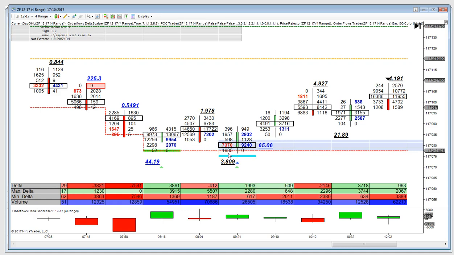A boatload more volume trades now. Now you got 1,000 here. You even got 7,000. You got this big selling imbalance here, big buying imbalance. Delta Scalper, right around the low. Delta Scalper's kicking in. It's not on the low the first time. It's on the second time you hit the low.